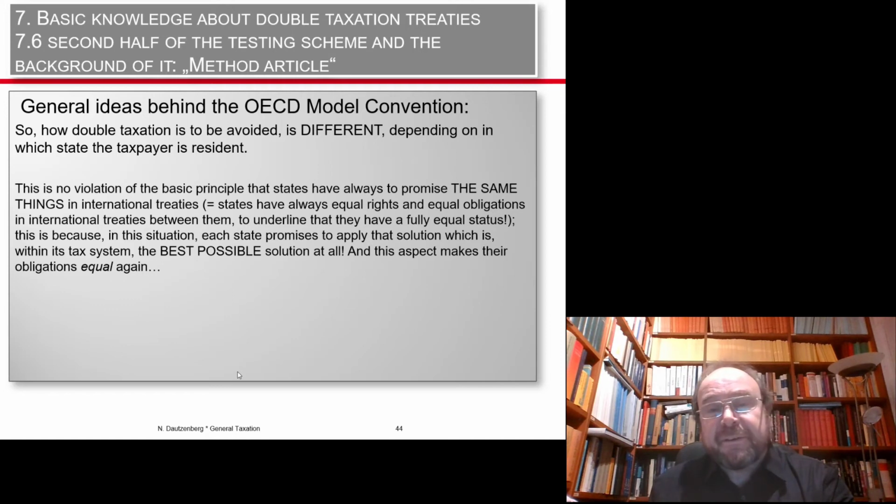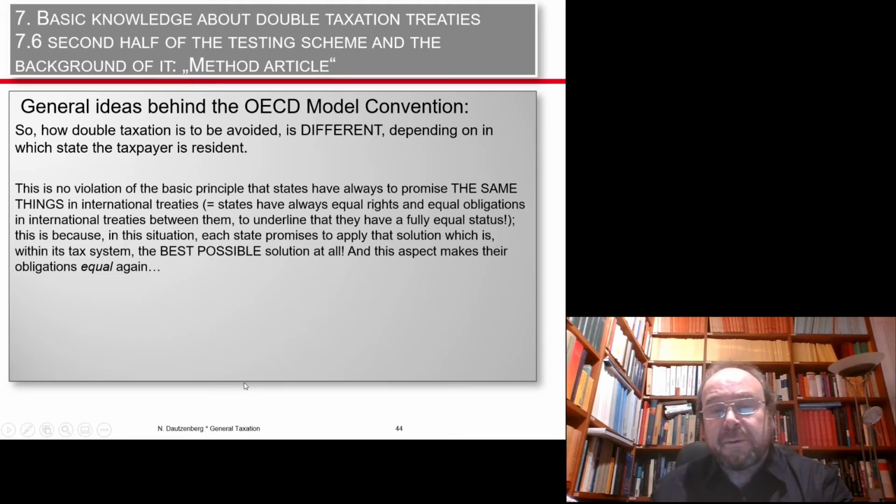Second paragraph: if the taxpayer is resident in the UK, so that the UK is responsible for avoidance of double taxation, then the UK promises to do that as follows, and then the UK copies the B text. So the actual Article 23 in the Double Taxation Treaty is then just an individual combination of the A and B variant,